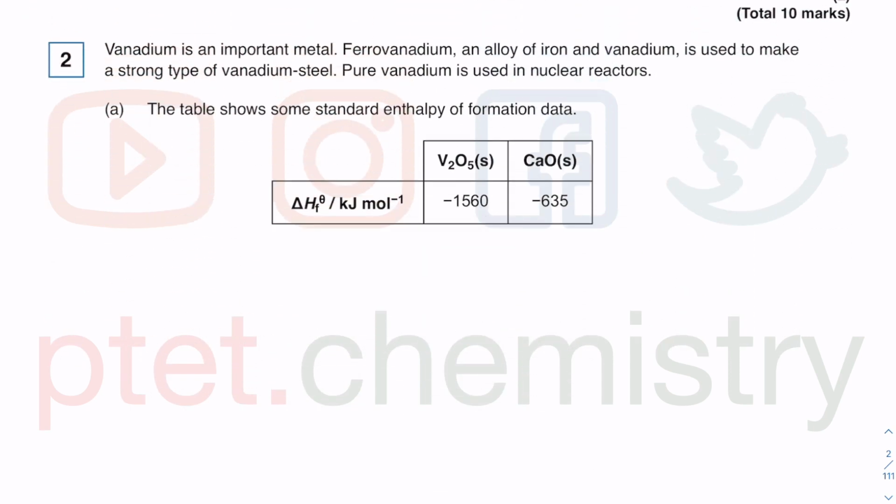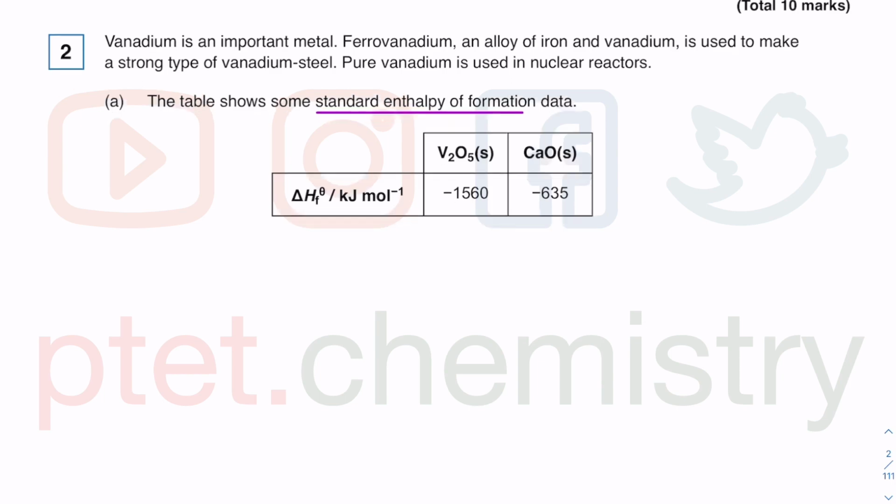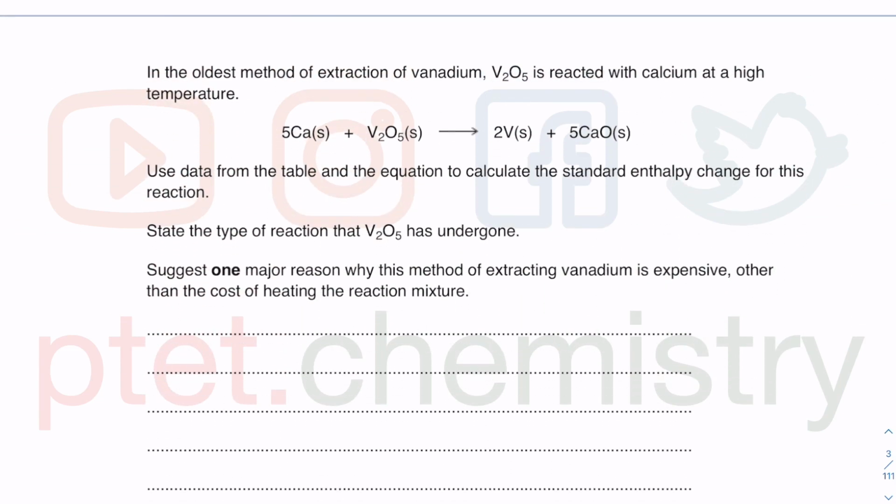In this question number 2, vanadium is an important metal. This is an alloy of iron and vanadium. So we have some standard enthalpy of formation data. Remember that when we have enthalpy of formation data, usually they ask us to calculate something. So what we are supposed to do is use data in the table to calculate the standard enthalpy change for this